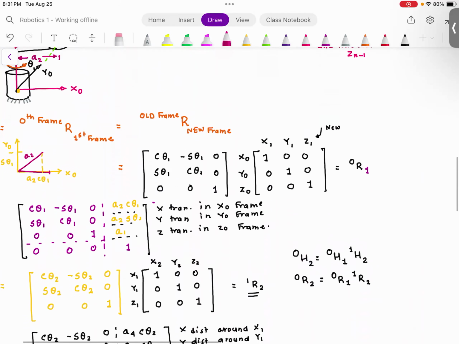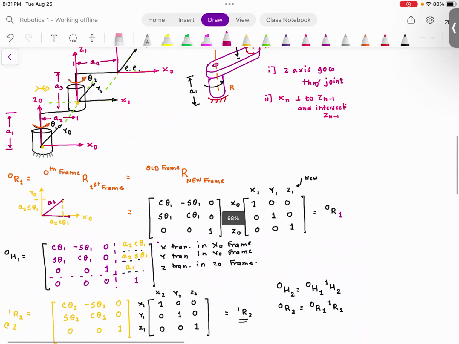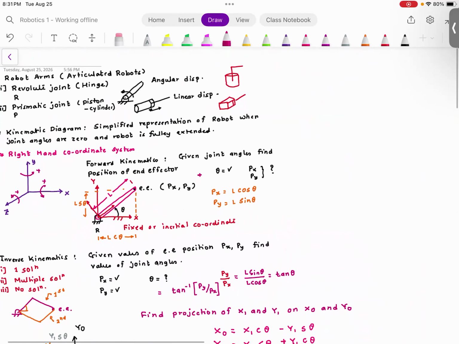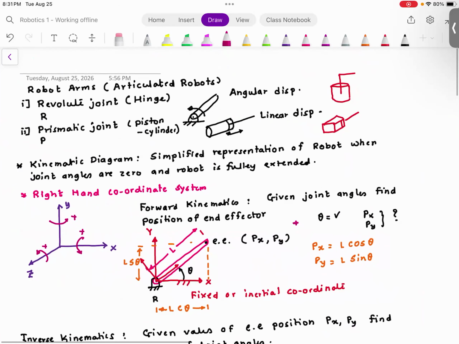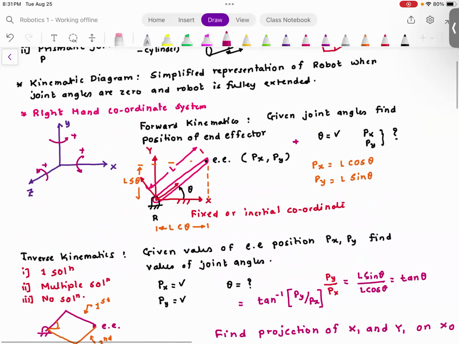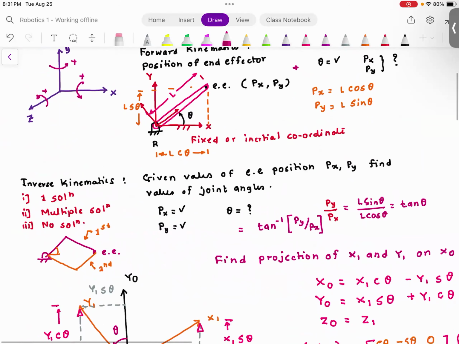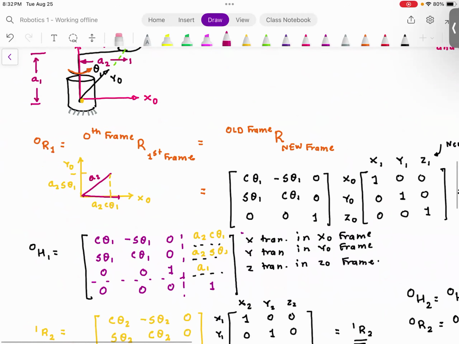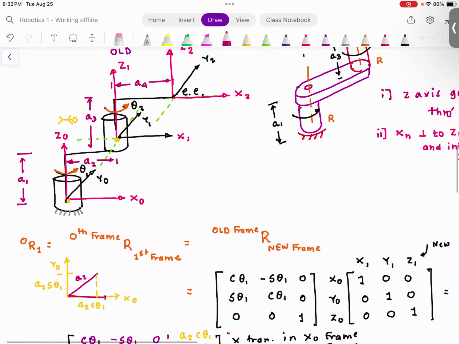Before I give you the quiz, any questions about the material that we discussed today? So in today's class, we talked about the different types of robots, the robot configurations, the projection matrices, and the rotation matrices. We looked at the formal definition of forward kinematics and inverse kinematics, and then we derived the forward kinematics for a two-dimensional,